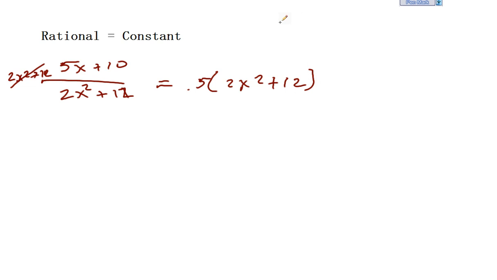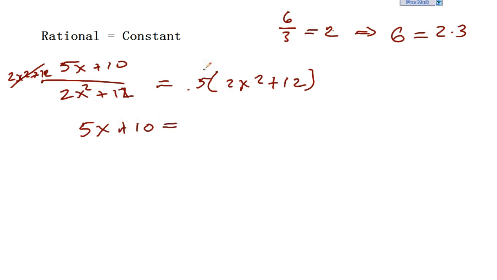Now remember, again, this is the same idea as if I have 6 divided by 3 equals 2. This means that if 6 divided by 3 equals 2, that 2 times 3 equals 6. So that's really all we're doing here. We're saying if 5x plus 10 divided by this equals this, then this times this must equal the numerator. So 5x plus 10 equals, and now if I distribute, I would get 1x squared plus half of 12 is